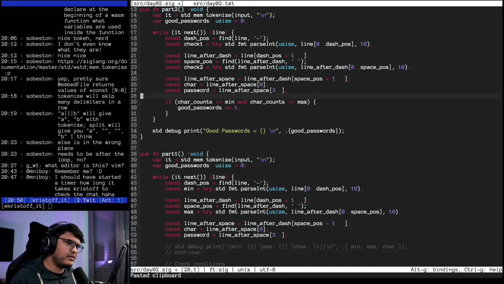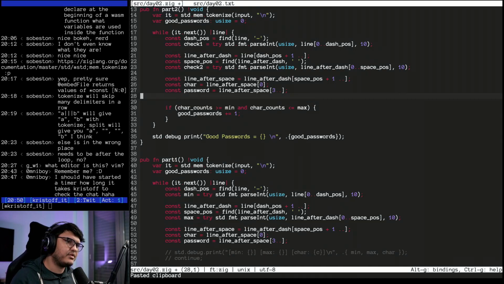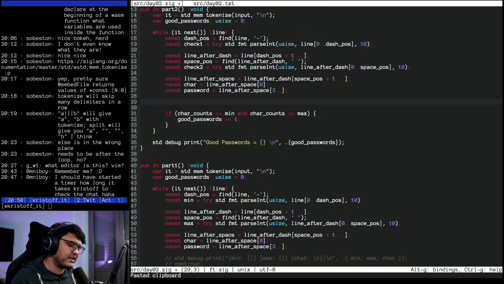I don't think we have XOR, so we need to make the two pools, I guess. const check 1 positive equals password position check 1 plus 1 equals r.